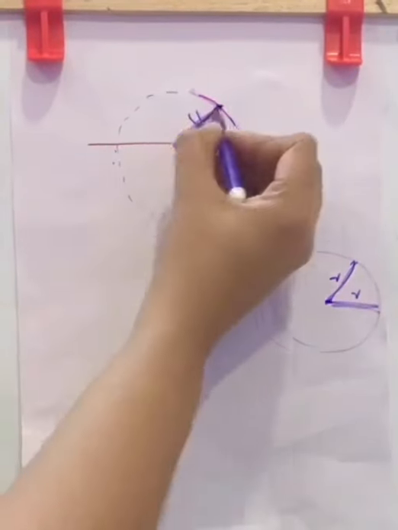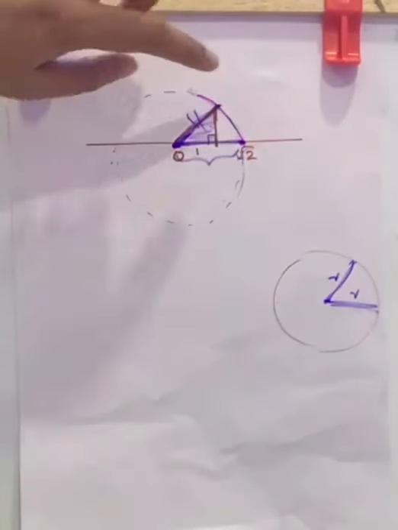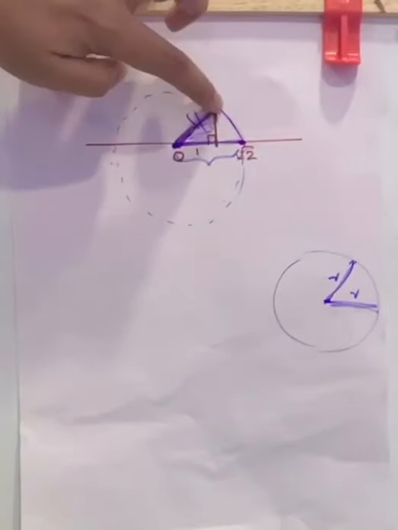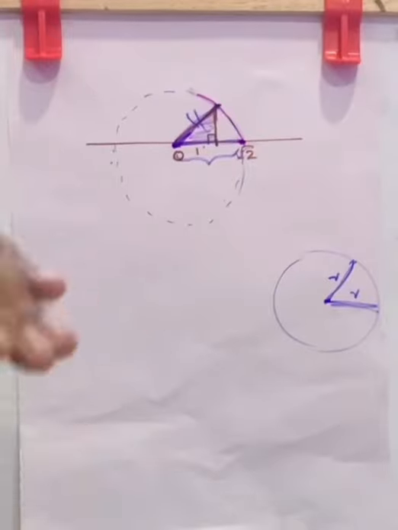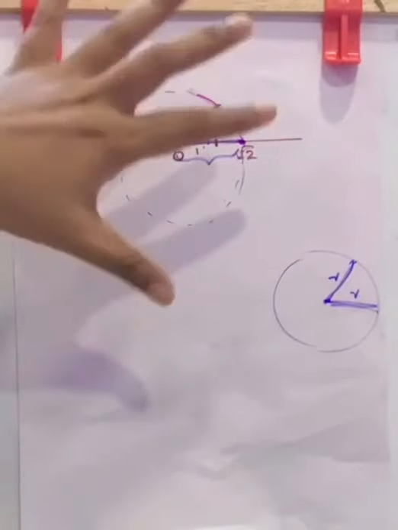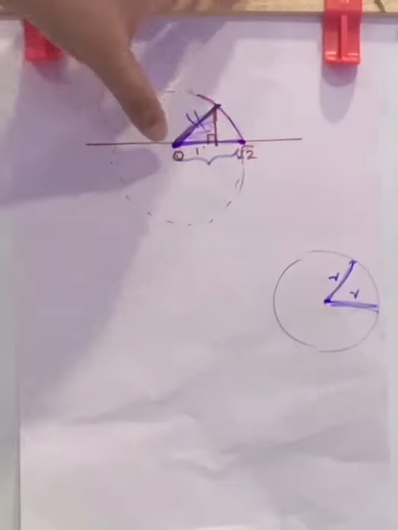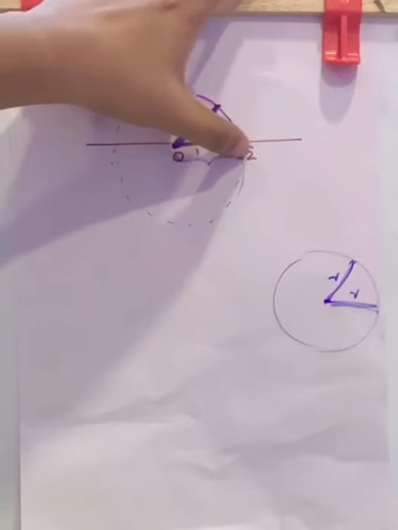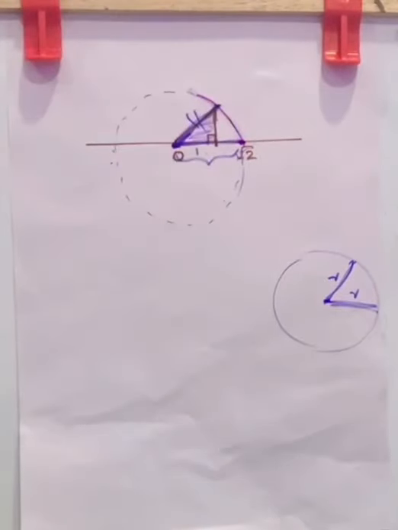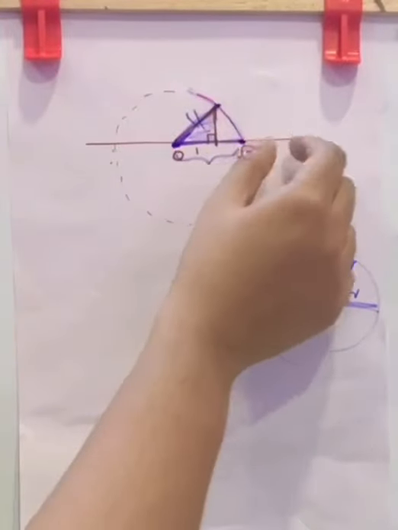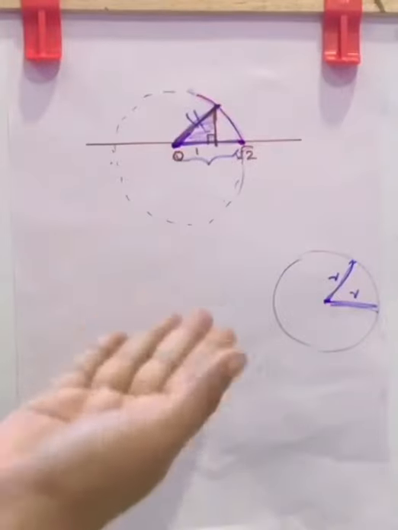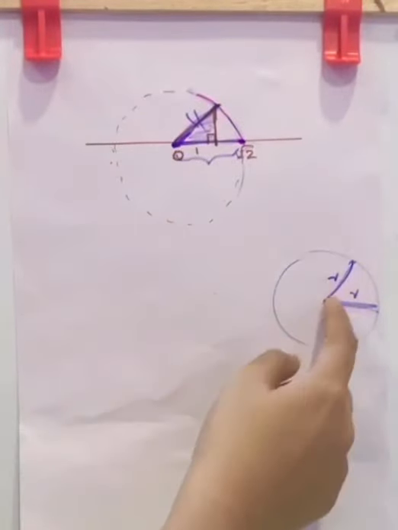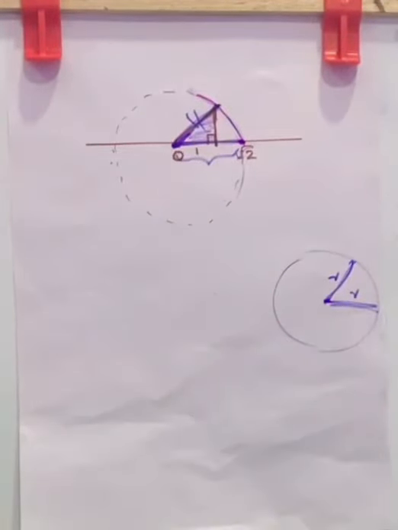These are radii. Can you find a radius here? This is a radius and this is also the same radius, and all the radii of a given circle will be the same. If this is root 2, then this will also be root 2. That is the method here. Don't think about why the arc falling on the number line becomes this measurement. It is simply the radius. Both are radii of the circle.